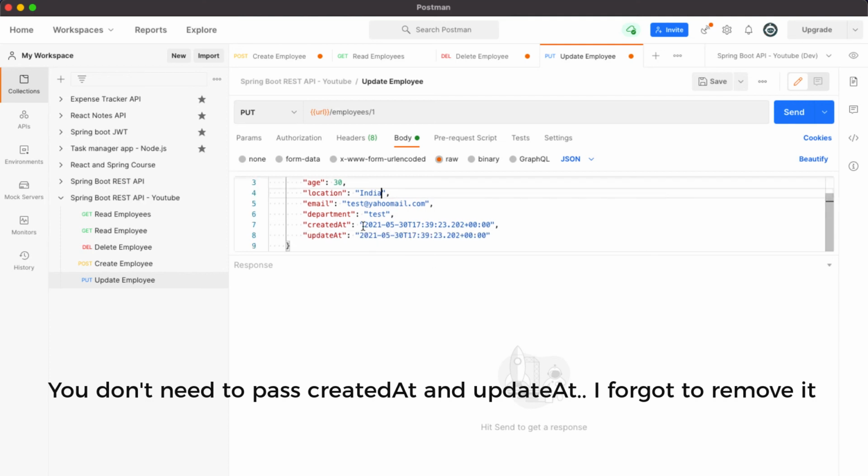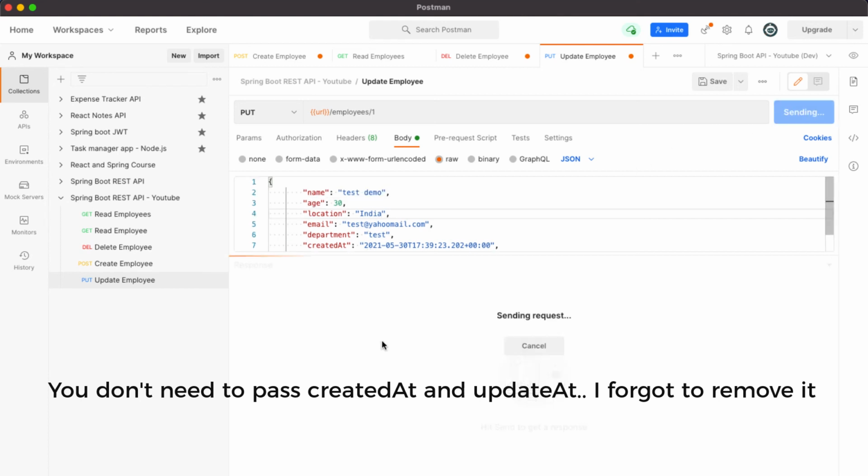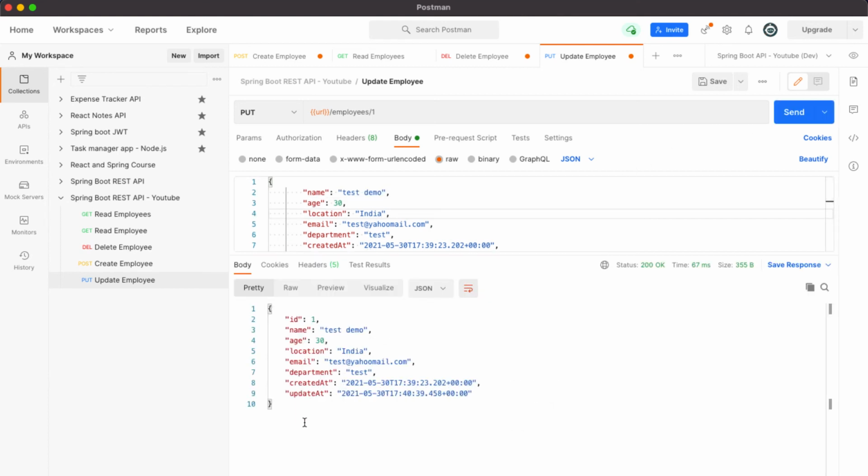Okay, now you can see the created at and updated at time both are same, but when we click on send, once we get the response, you can see that the updated at time will differ from the created at. Okay, only the updated at field is updated with the current time. This is a very useful feature when you are working with production grade applications.